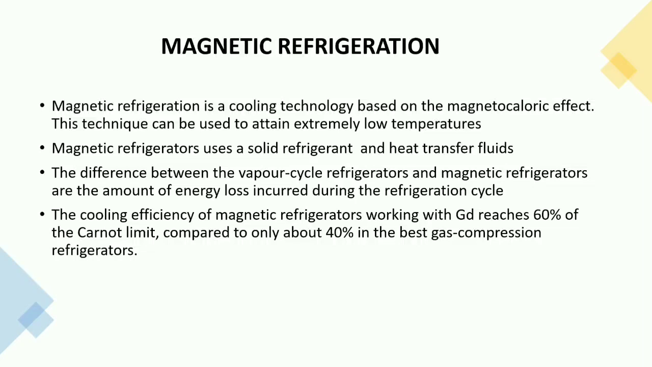The solid refrigerant is in the form of spheres or thin sheets, and the common heat transfer fluids used are water, water-alcohol solution, air or helium gas, which have no effect on ozone depletion and global warming. So, another important difference between the vapor cycle refrigerator and magnetic refrigerators is the amount of energy loss incurred during